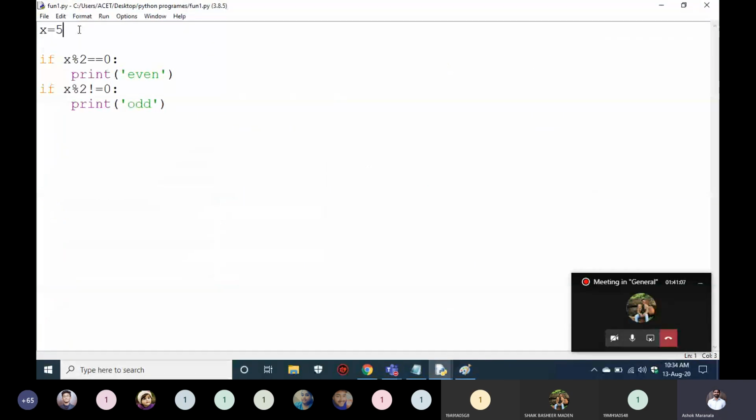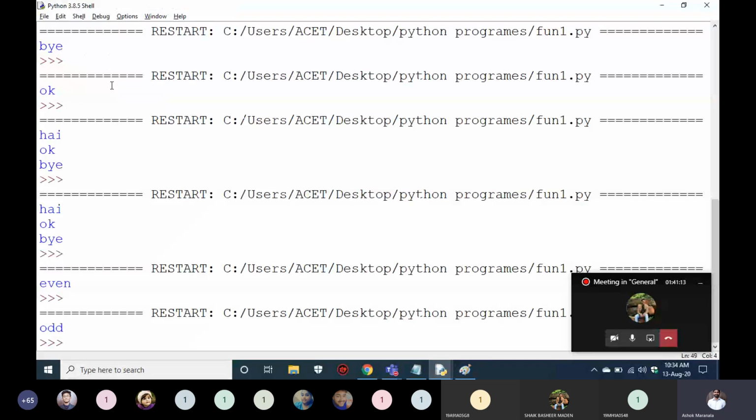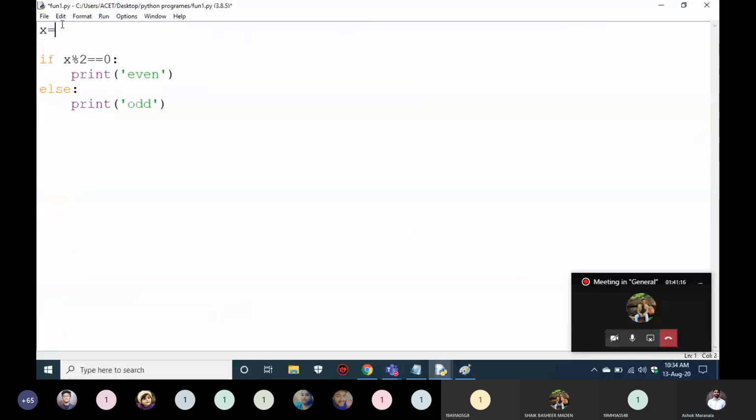Even though, you can write else here. ఇంత స్టేట్మెంట్ రాసే బదులు you can go with else also. If you run the code, you will get the same answer. 5 is an odd number, 2 is an even number. That means both are giving the same answers. That means both the codings are correct. You can write in 2 different ways. Both ways are correct and both are giving the correct answer. But what is the difference of using else here? ఇక్కడ else యూస్ చేయడం వల్ల డిఫరెన్స్ ఏంటంటే you are saving your time. You can save your time.